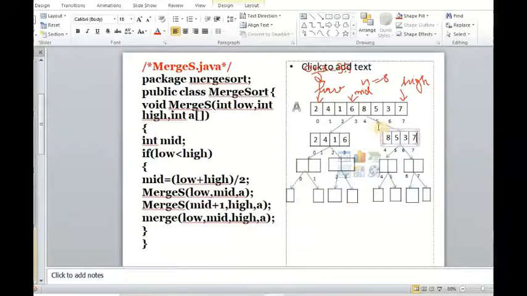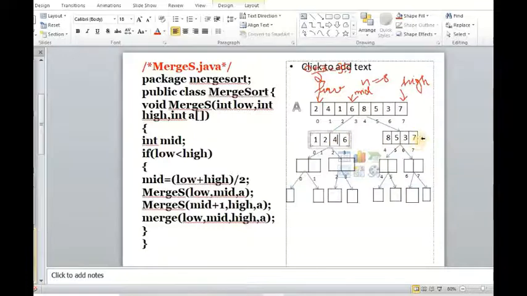For now I just want you all to assume that by some means these 2 subarrays are sorted. That is, the first subarray will be like 1 should come first, then 2, then 4 and finally 6. Hence this subarray is sorted.